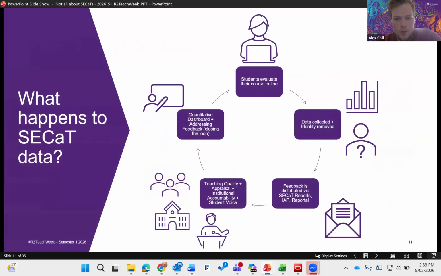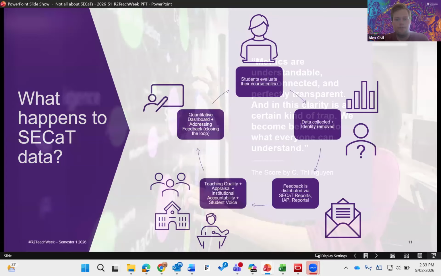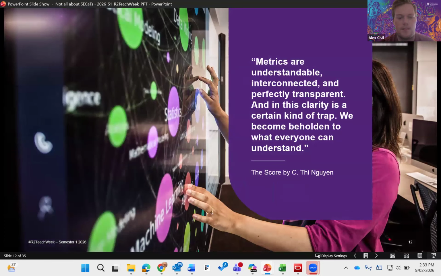In this cycle, SECaTs are obviously a metric, and I want to talk briefly about the trap in focusing too much on metrics. I've been reading a book recently by C.T. Nguyen, in which he says, metrics are understandable, interconnected, and perfectly transparent.